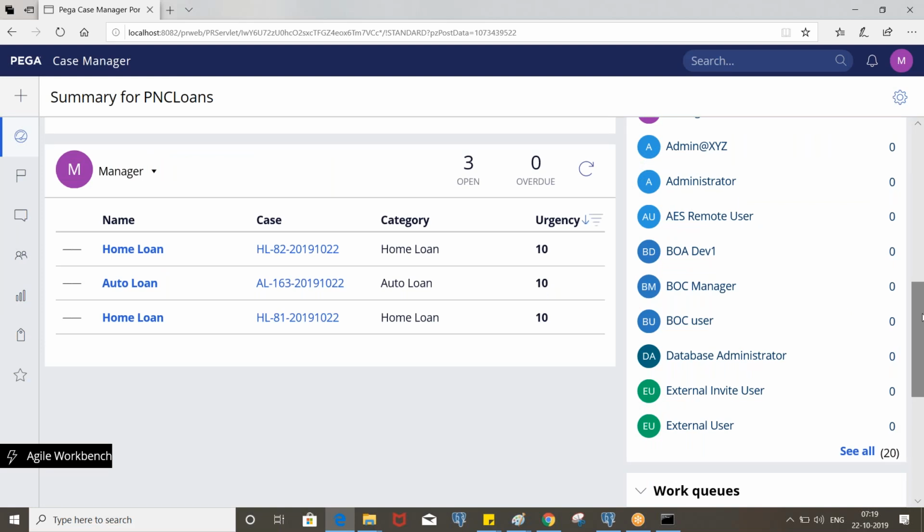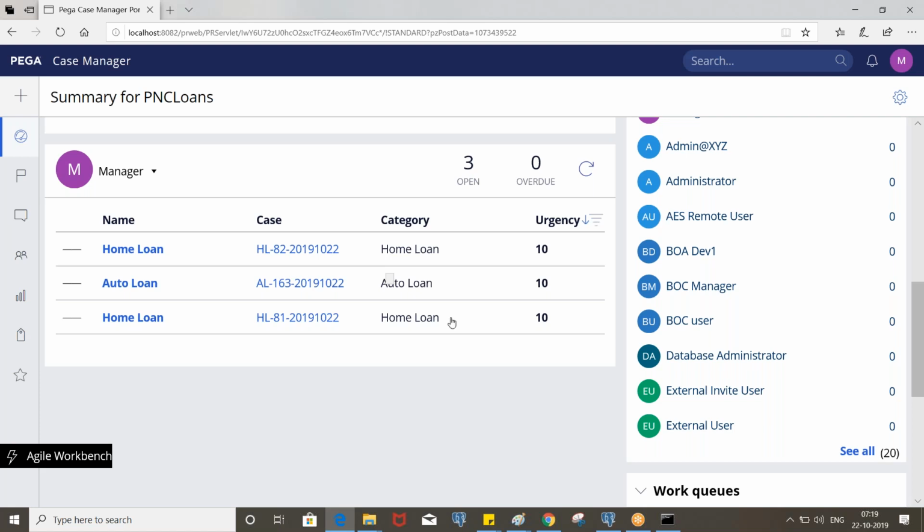So now I'm increasing the urgency only for auto loan, so that the auto loan assignment is always displayed on top of the list. When you execute auto loan, it will be available on top of the list, and later when you route a home loan assignment, that will be displayed below the auto loan, which has 20 urgency.